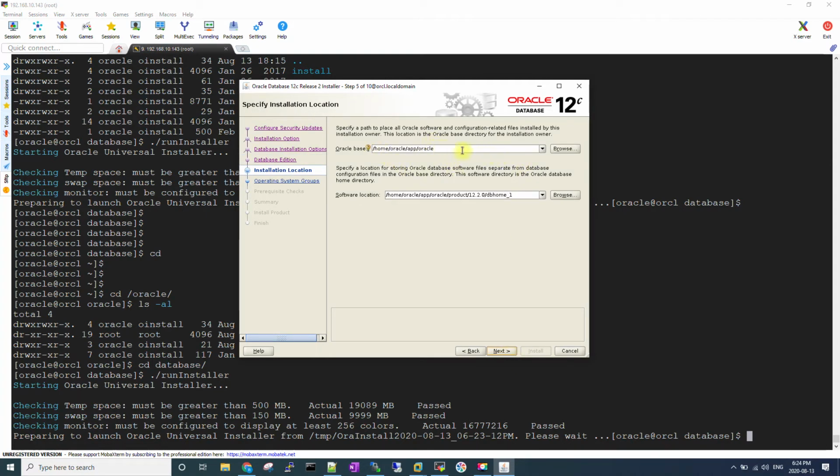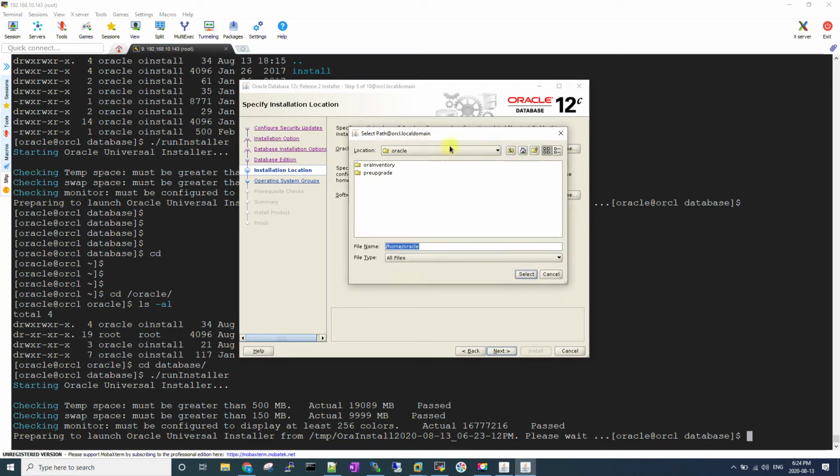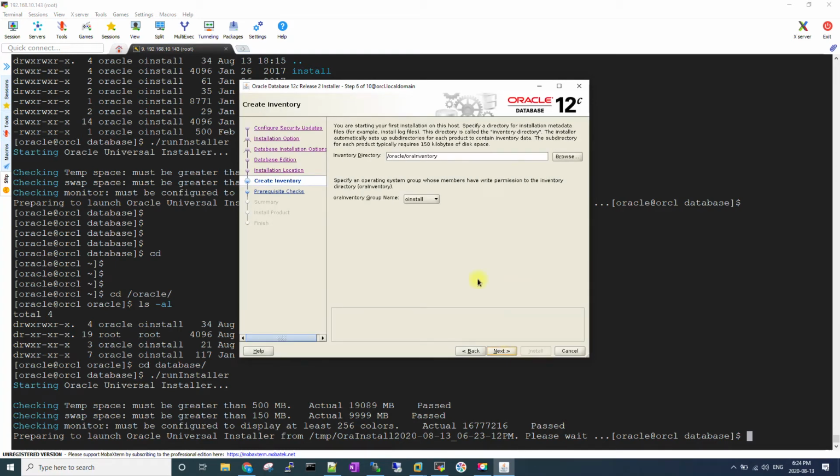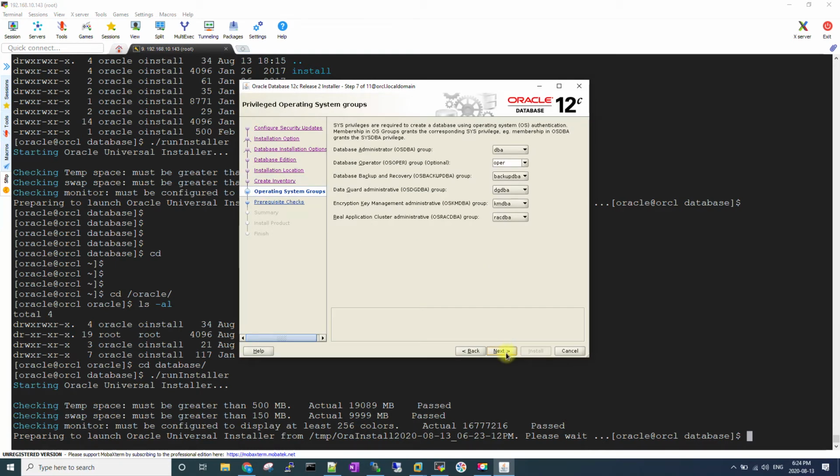So yeah, we have to change this. Oracle base will be /oracle/base, and the software location, as you all know, will be base/product/12.2/database. Select it, because we have permission.